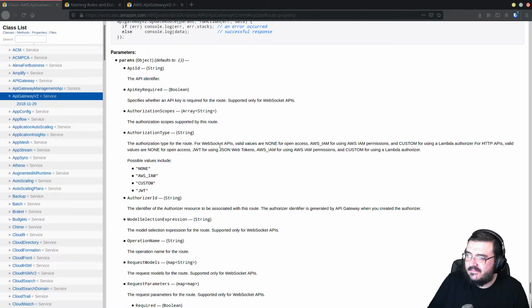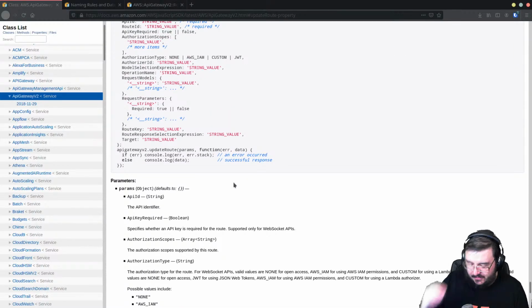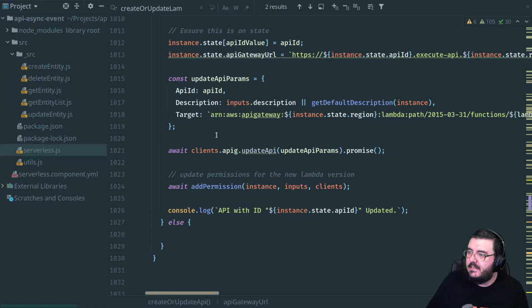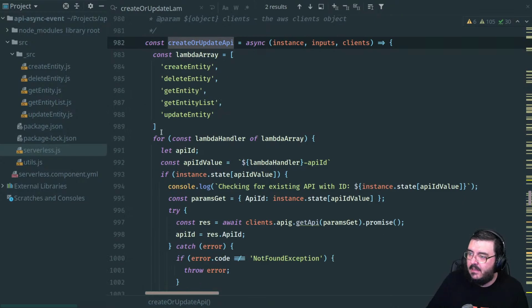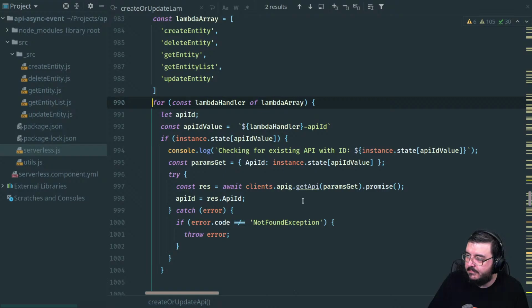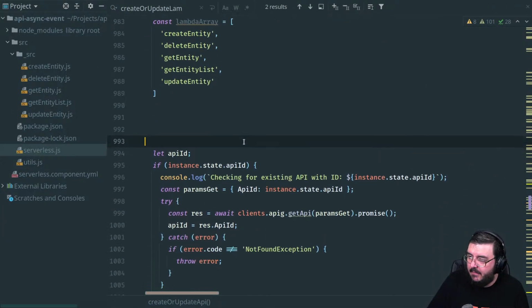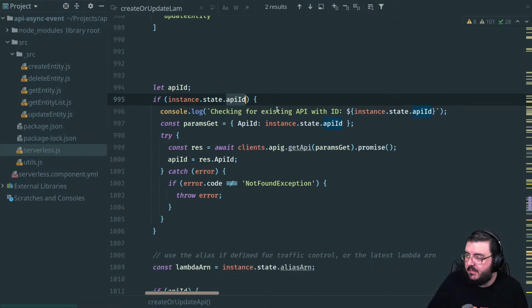Anyway, so let's continue. What we really want to do is, okay, go back to our code. Really what we wanted was to go through the process. All right, create an update API. Just thinking this through. I'm going to remove my for loop for now. Let's just start from scratch here a little bit. We'll keep my little array. So we wanted to go through. There's always going to be a single API ID. Okay, we don't need to worry about making that multiples.